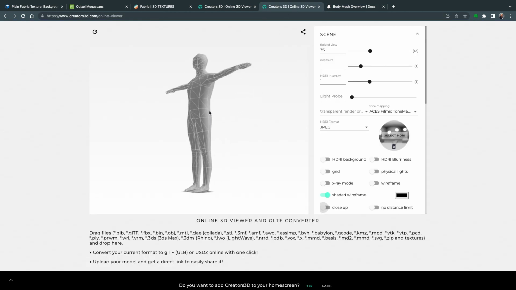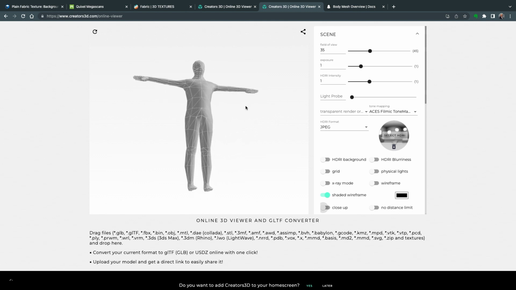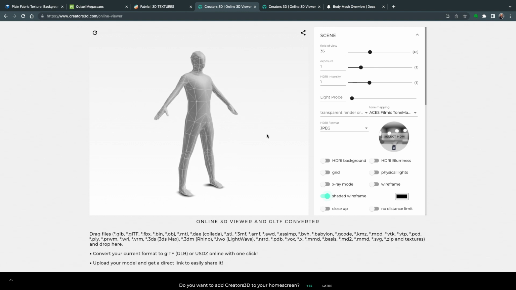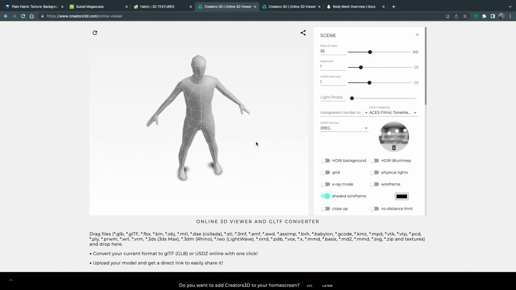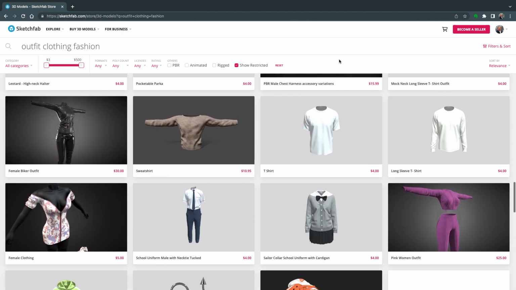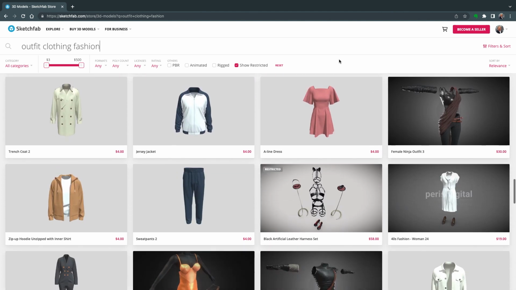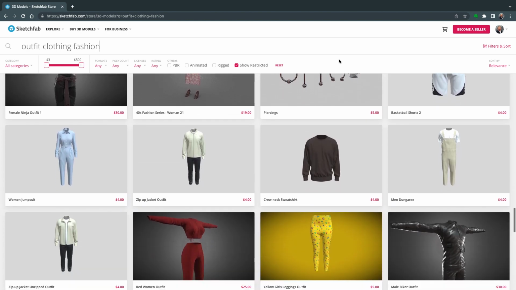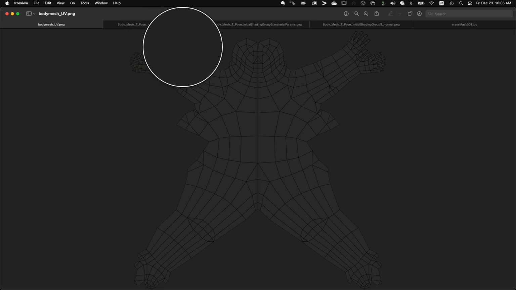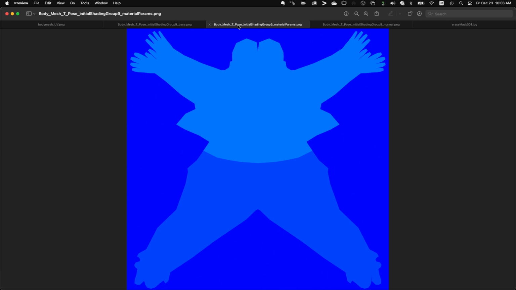The reference models come in two separate FBX files, one for T-pose and the other for A-pose. In my experience, the A-pose works better for pants because the legs are separated. Also in A-pose, since the arms are lowered, there are less stretching issues in the armpit area. But if you are downloading models, many times they come in T-pose. The reference files also include a 2D map of the body mesh, which we will use later to paint over.